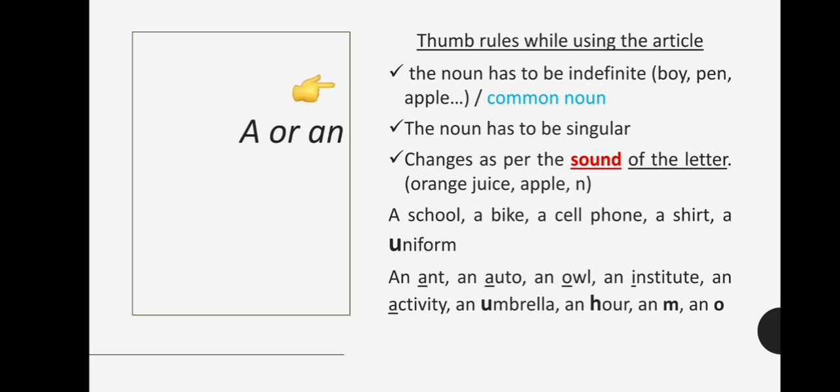Because when you practice it by saying it loudly, you will come to know what is the sound coming, and that is how you will understand. An ant, an auto, an owl, an institute, an activity, an umbrella, an R, an M, an O.